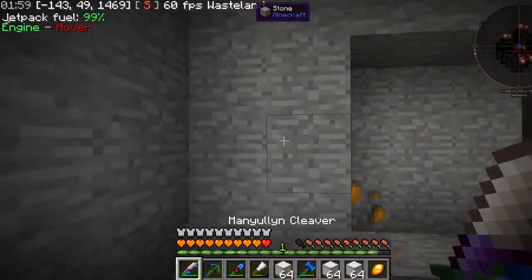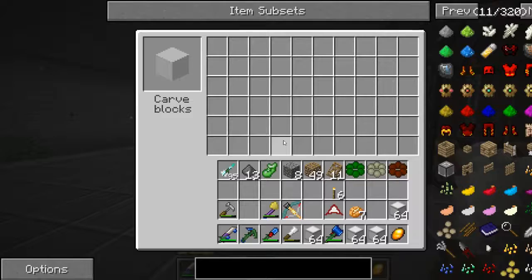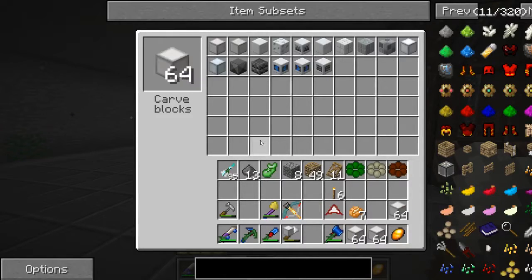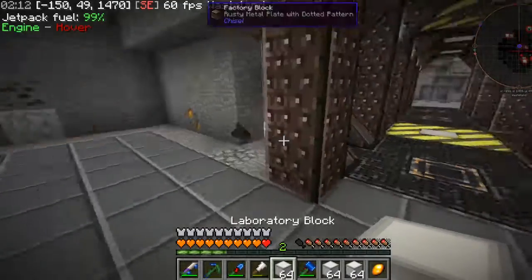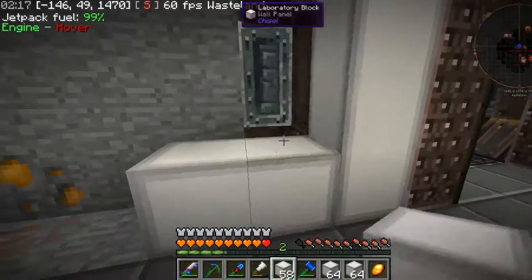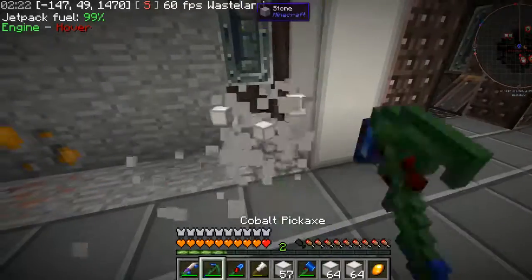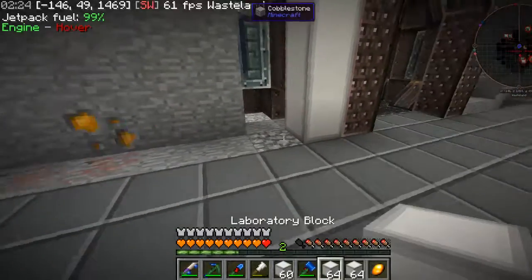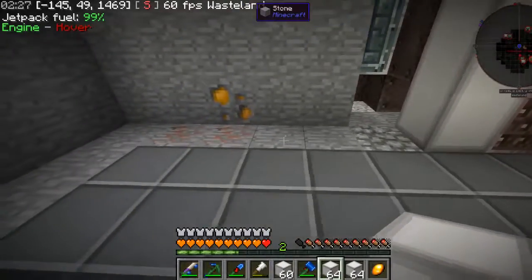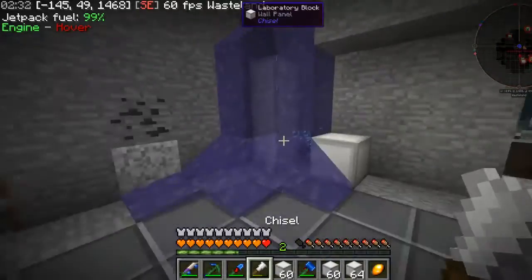Okay. So now with that slight issue taken out of the way, I've got a bunch more laboratory blocks, so I'm gonna have to start coming up with a design. I like these wall panels for the walls, but it's kind of annoying because they don't go both ways. So you can only have it either vertical or horizontally connected. So let's do a similar thing that I did for